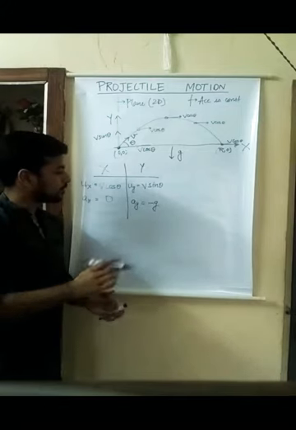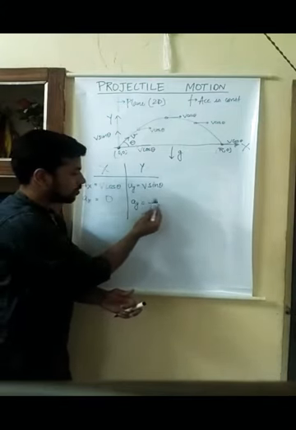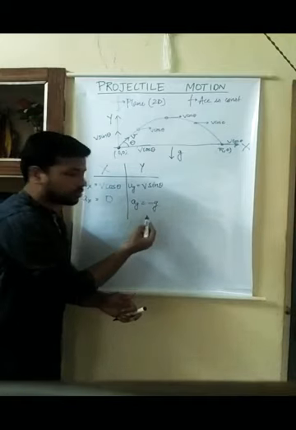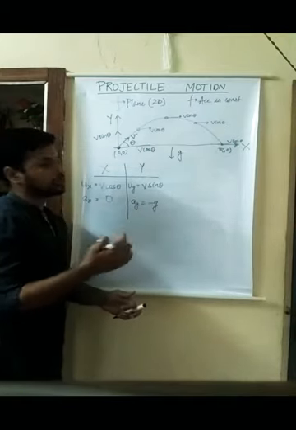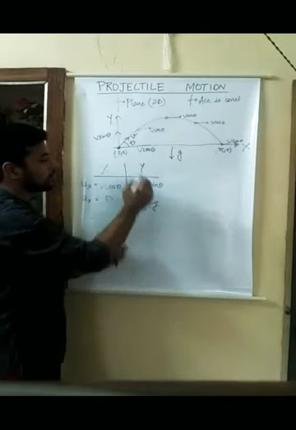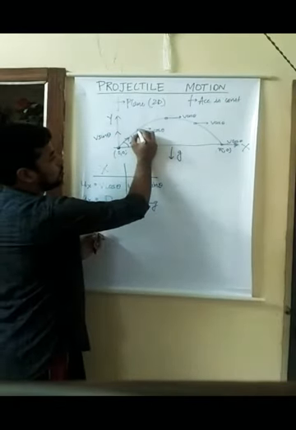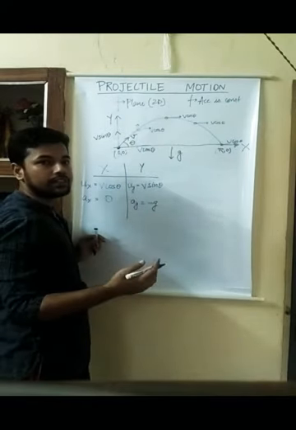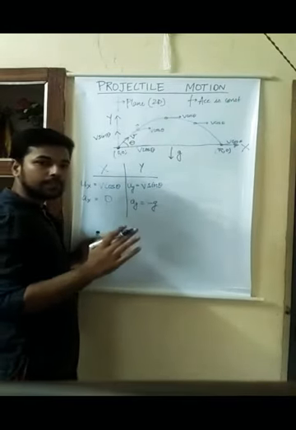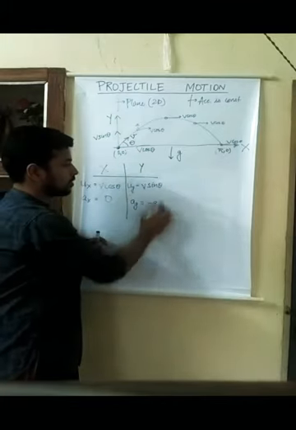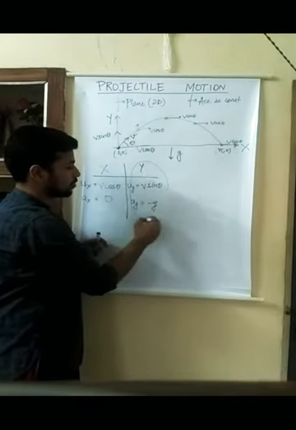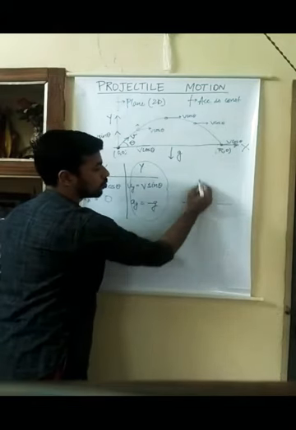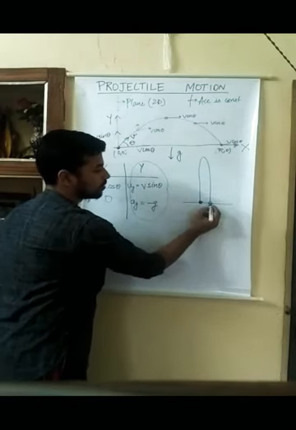Now let's look in the y direction. What do we see in the y direction? We have an acceleration due to gravity, which tries to stop the velocity. So initially we have v sin theta, and as the ball goes up, the velocity would decrease from v sin theta. If we separately consider this kinematics in just the y direction, this is similar to a ball which was thrown upward and falls back.